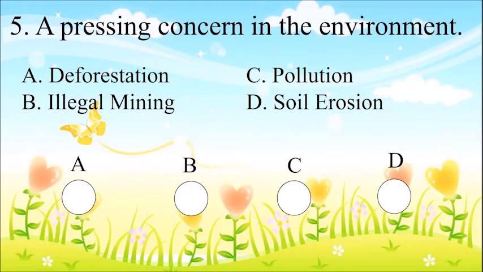And number 5. A pressing concern in the environment. Your choices. A. Deforestation. B. Illegal mining. C. Pollution. Or D. Soil erosion. The correct answer is